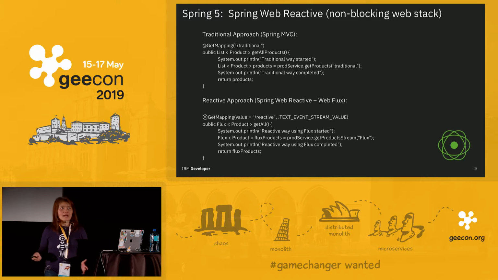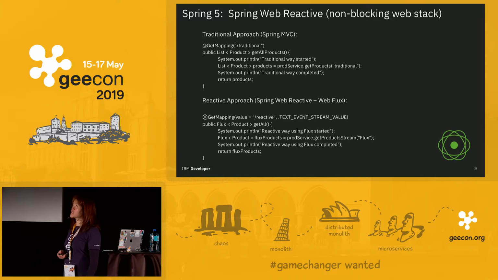Here is an example comparing the traditional approach of Spring MVC and the reactive approach. They look kind of similar in number of lines, but they get processed differently. The top one is the traditional approach using Spring MVC.